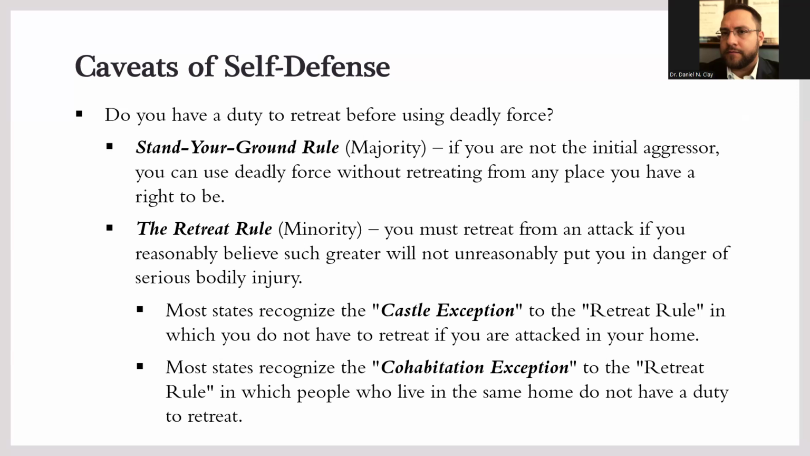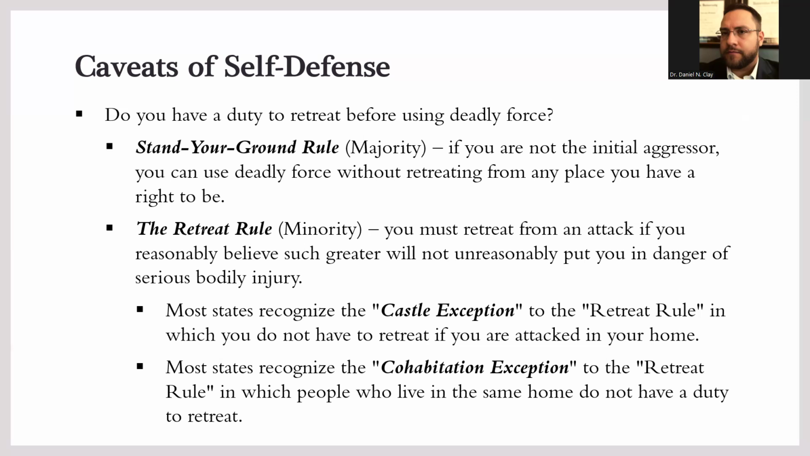That being said, this isn't the universal rule. Pretty close to 50-50, several states still require what's called the retreat rule. Under the retreat rule, you must retreat from an attack if you reasonably believe that if you don't, it would put you in serious bodily injury, right? So you have to retreat in several states. That means before you can use deadly force, before you can use really any force, but usually deadly force,